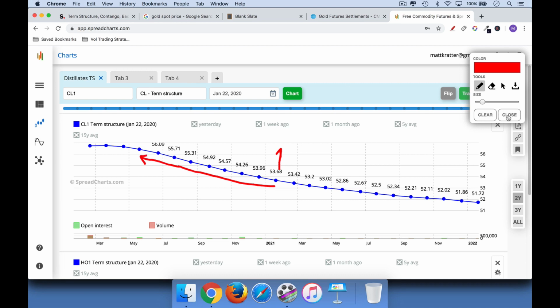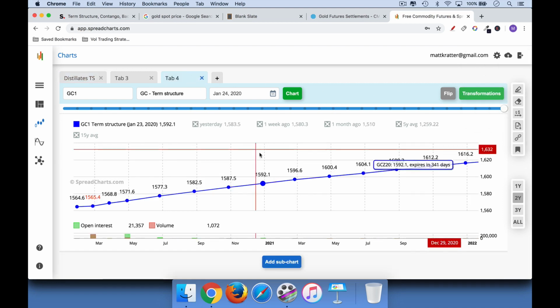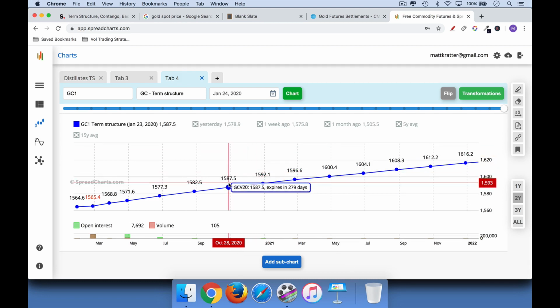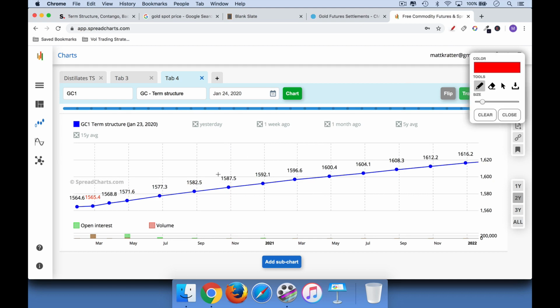If the market is in contango, any kind of contango, you're going to lose a little bit of money over time unless the market moves. So if you buy gold here at 1,600 and the spot price doesn't really go up from 1,573 or 1,564, basically you're going to roll down the curve and you're going to lose money. So when you see a market that's in contango and you're thinking about going long, always be aware that you're going to lose a little bit of money every day. There's a cost to holding that futures contract.